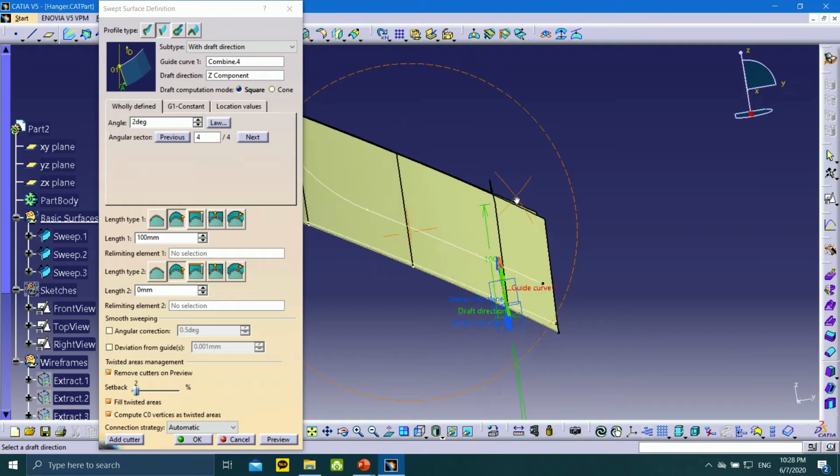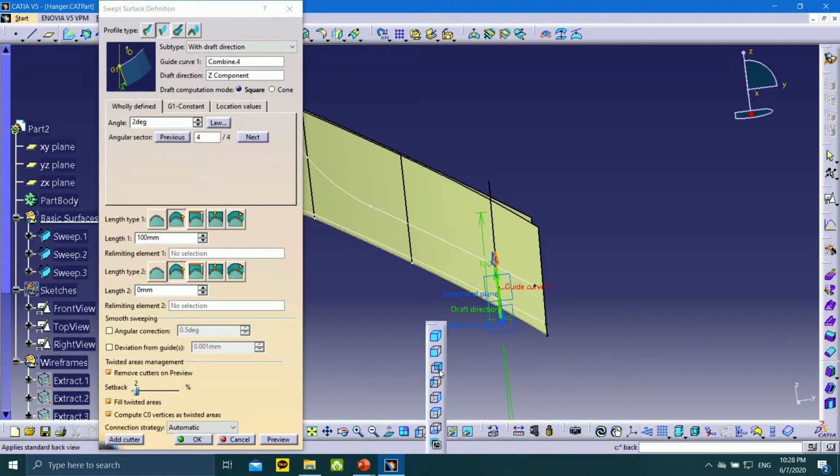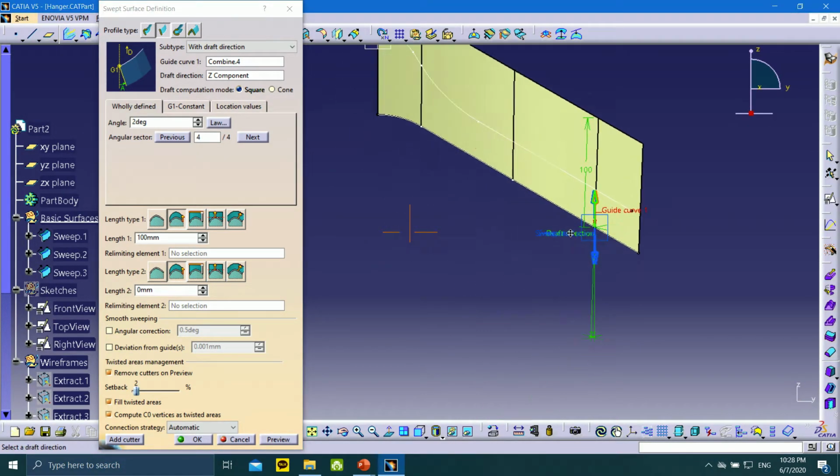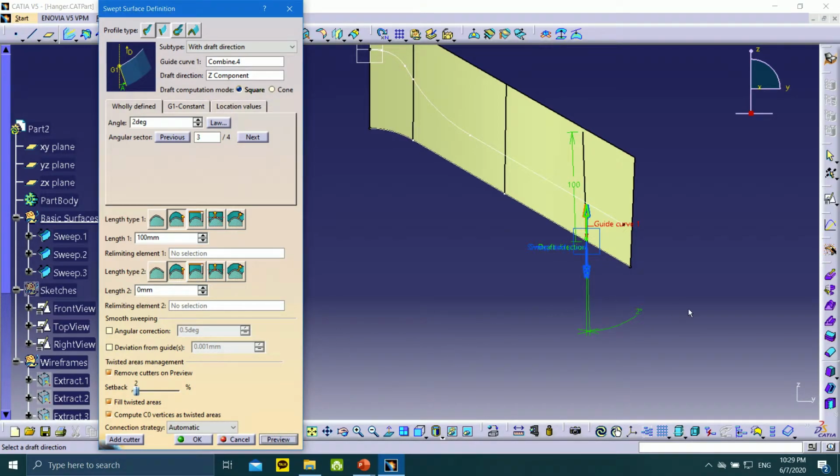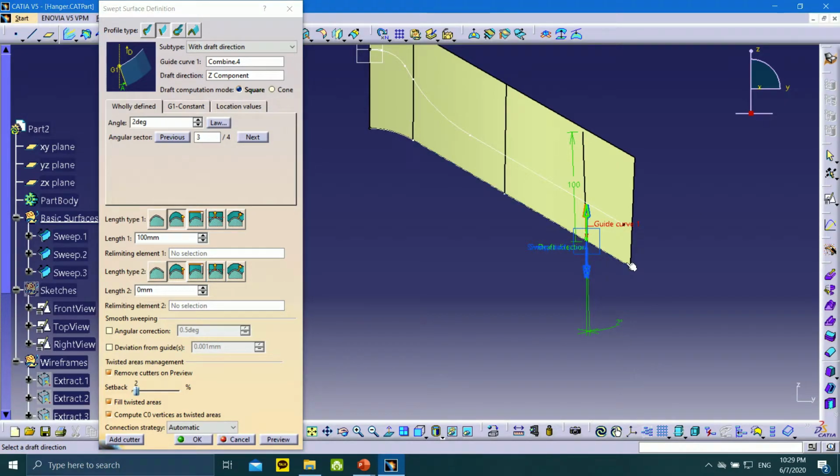The draft angle should be correct. Check again, oh no, the draft angle. This angle should be that. Okay,